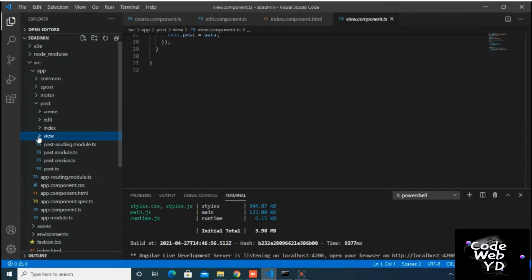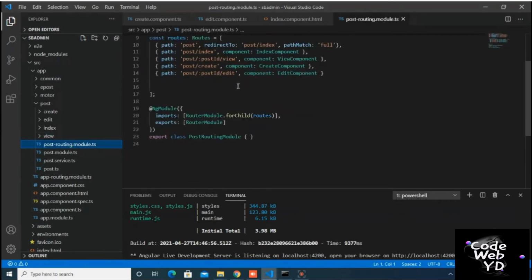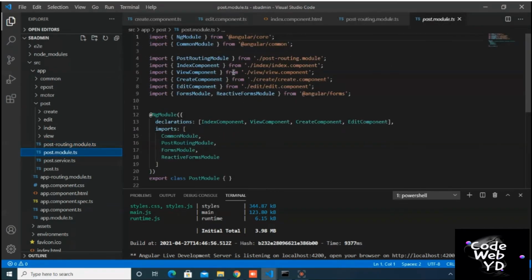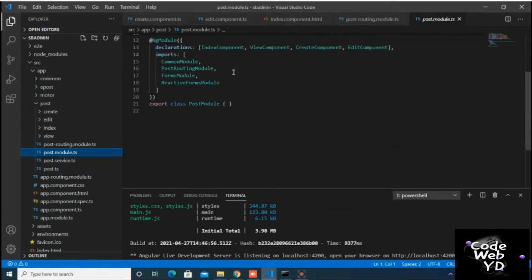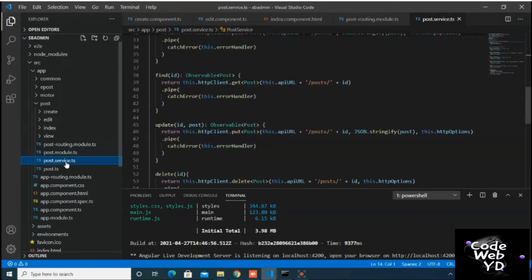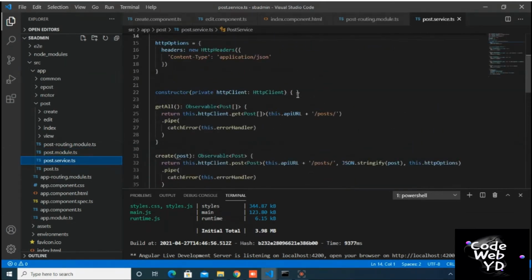Then we have 4 more files: post routing module.ts, second is post.module.ts, third is service file and fourth is interface. In routing file, all the child routes are generated. In module file, all the modules are imported.